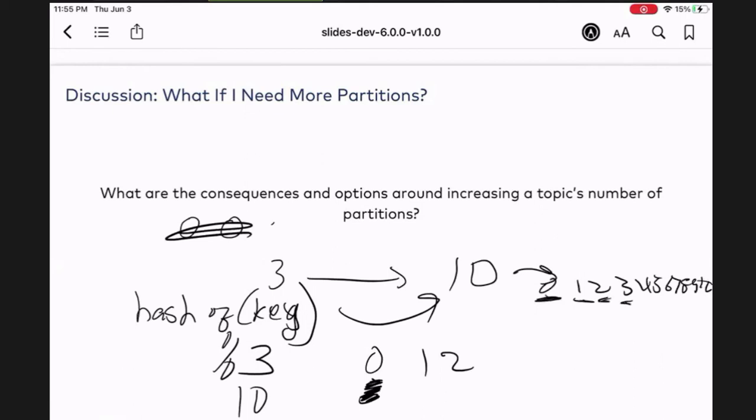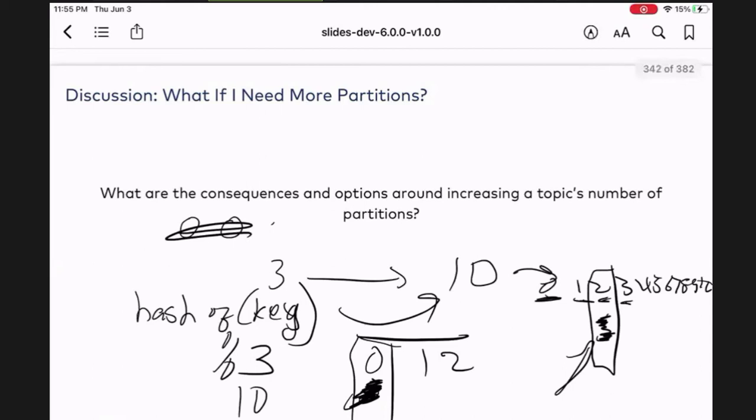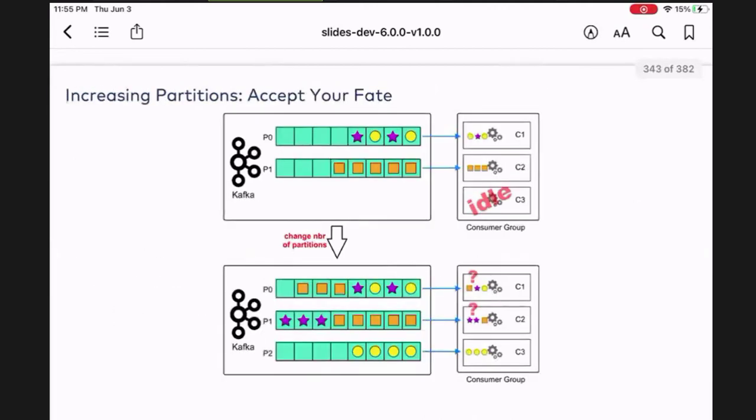So if the record was coming to partition 0 with the 3 partitions, now maybe it's coming to partition 2, right? So if the consumer was consuming on 0 before, now this is something that it's not going to know because the record is going to a different partition. You have to be careful about this. You don't want to handle that in your consumer code. I mean, you could handle the logic in your consumer code, but you want to be careful.